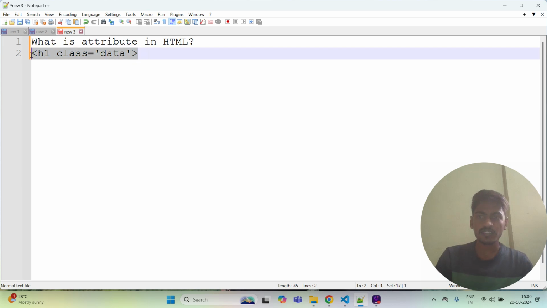So you need to explain it this way: an attribute is basically some additional information we are providing to our elements in HTML, and show this kind of example, yes, this is called an attribute. Then next, they will ask you about the difference between